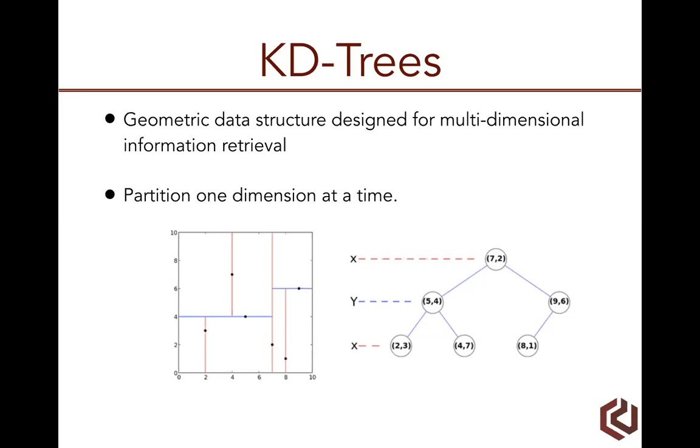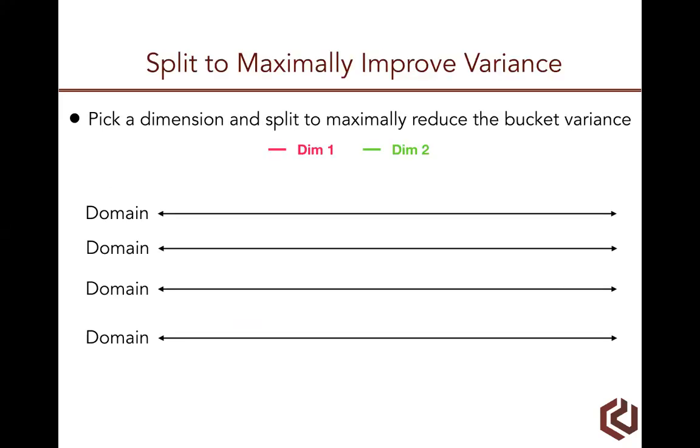The basic principle of a KD tree looks something like this. What a KD tree does is it slices one dimension at a time and splits them. Okay? So we can use the same basic structure of a KD tree to build an optimized high dimensional histogram. So what do we do? We start off with our entire domain and we pick a dimension and then we split